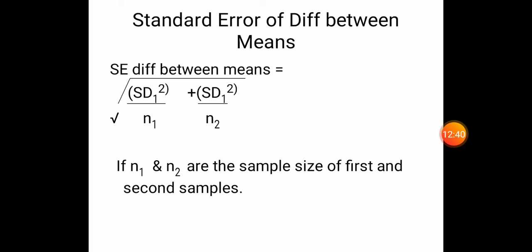So if you want to find that, the standard error of difference between 2 means needs to be found first. What's the formula? Square root of standard deviation square divided by n1 plus standard deviation square divided by n2. Standard deviation of the first sample and standard deviation of the second sample, and n1 and n2 are the sample sizes of the first and second sample. So these are the formulae which you want to study by heart, and you want to do the problems when you come for the practical portion that we will do when you come for your postings.